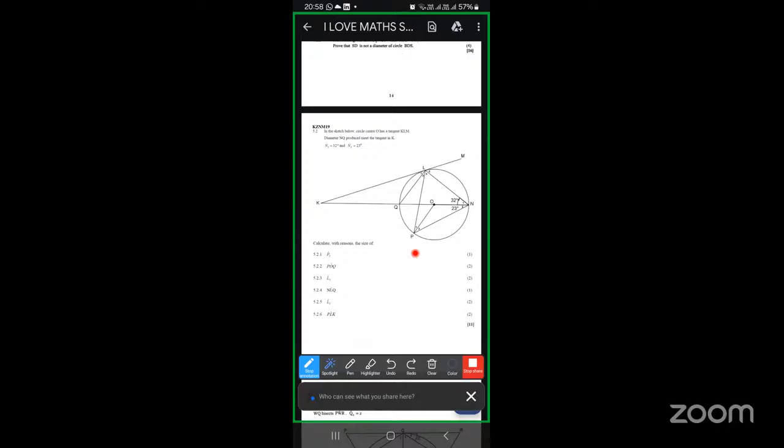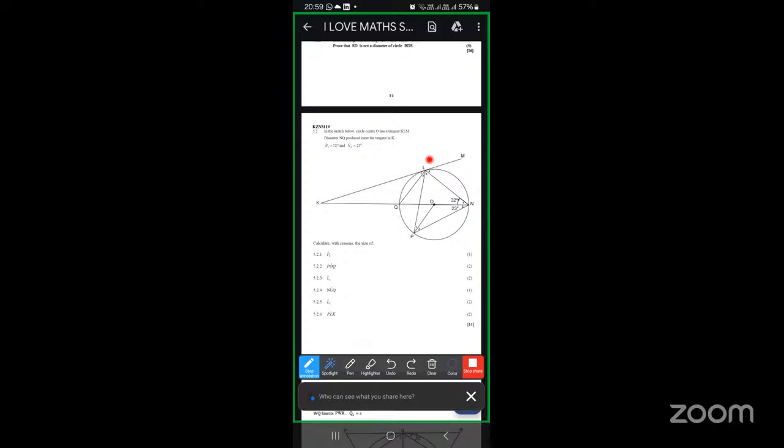Then moving to 5.2.3, angle L2. There is L2 right there, and we can see L2 is at the circumference. We have this angle at the center right there. We go back to that theorem that says angle at the center is 2 times angle at the circumference. This here is 2 times that. Meaning, if you have this, you want that, you are just going to divide this by 2, because that is half of this. But the reasoning is going to be angle at the center is 2 times angle at the circumference. Then